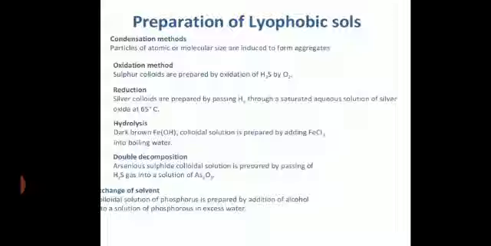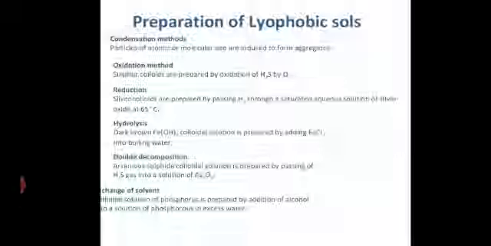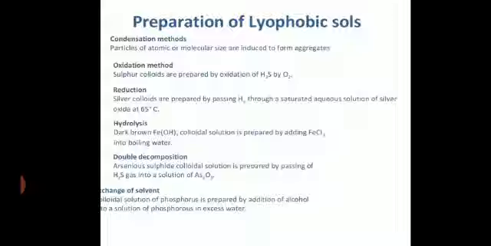Next is your reduction method. Reduction like AuCl3 plus SnCl2, auric chloride plus stannous chloride, gives Au plus SnCl4. Below Au write gold sol. So gold sol, silver sol, platinum sol we prepare in this particular manner from their salts, from reduction of a very dilute solution of their salt by using any suitable reducing agent, as we have seen here. Again I repeat the reaction: 2AuCl3 plus 3SnCl2 will give you 2Au, below Au write gold sol, plus 3SnCl4.